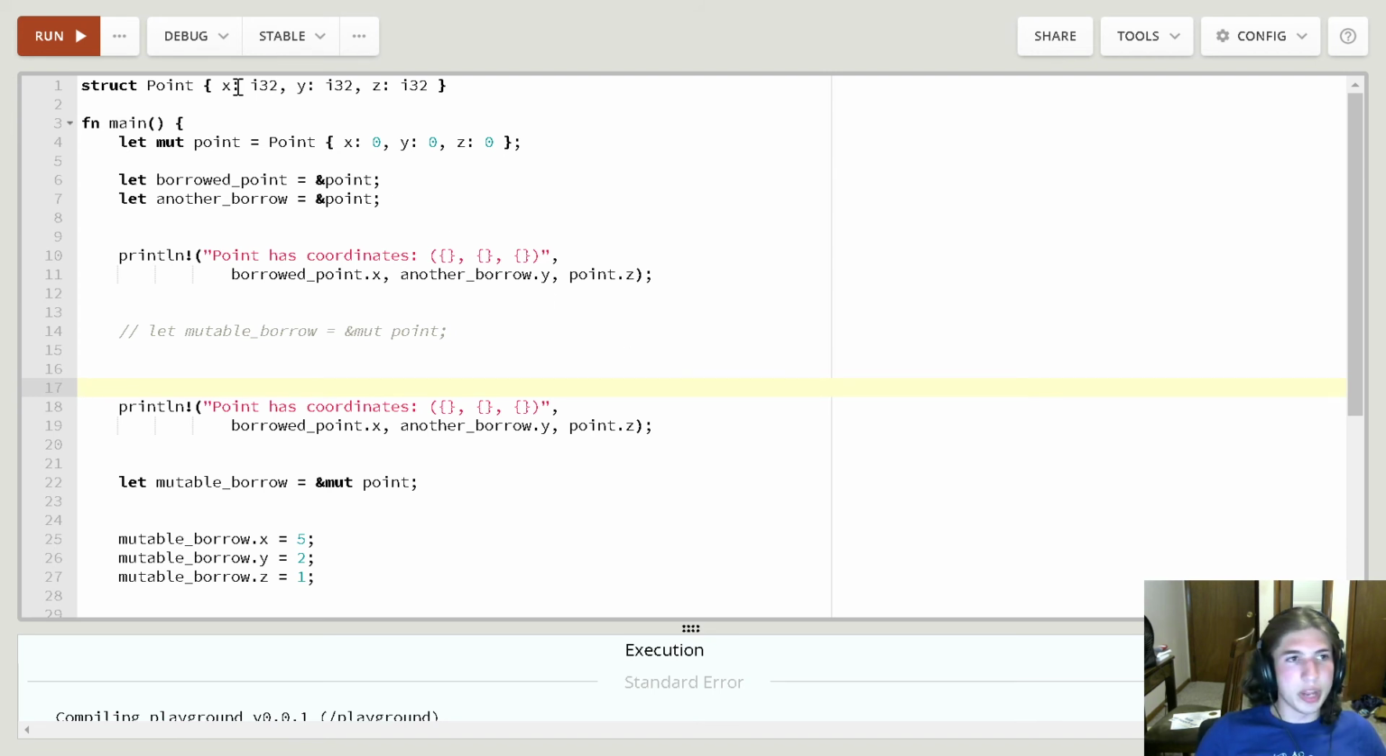Okay, so we have a point struct, a tuple struct, that just stores three 32-bit integers. We initialize some tuple struct with the points 0, 0, 0. Of course, the points here probably don't really matter. And we're going to borrow two immutable references to this mutable struct. Okay, and for the first print statement, we'll print out the